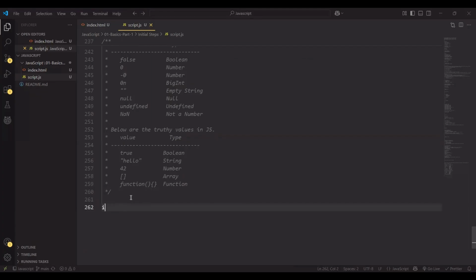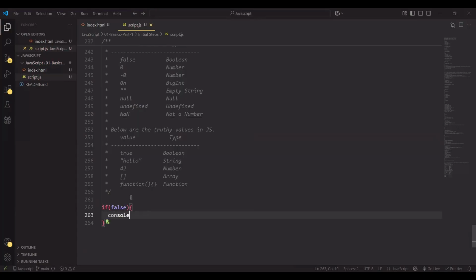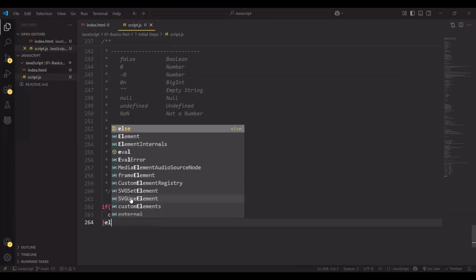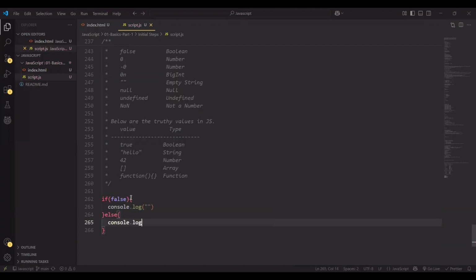Let me write an if statement with a condition. Let's say I'll use false. So false is the basic version of a falsy value. Okay, let me write false. This is the condition. This is the statement which executes when the if condition is true. Okay, so let's write first the if part, which is the console log. Here I'm going to put false,